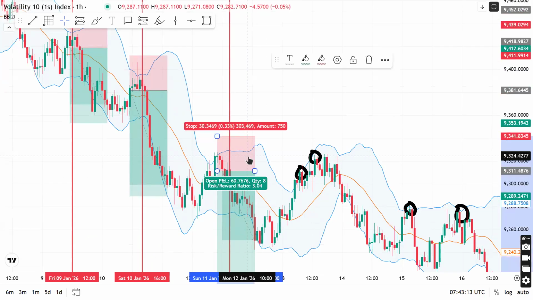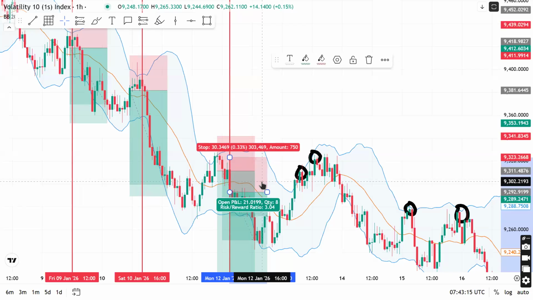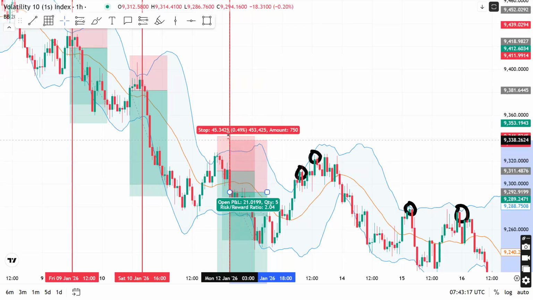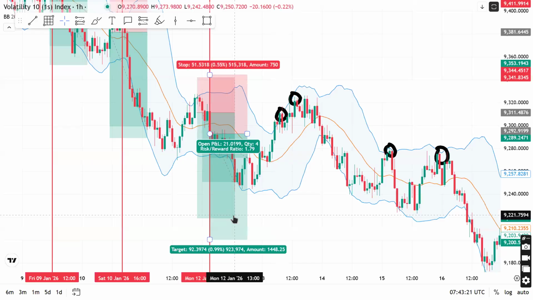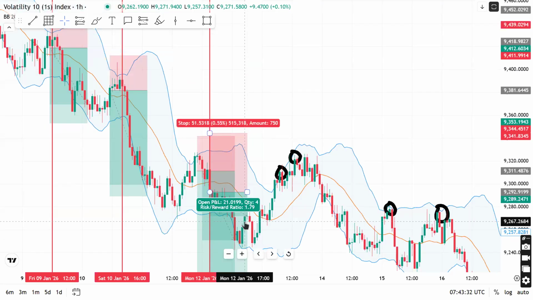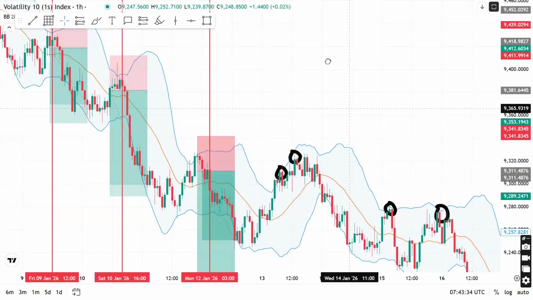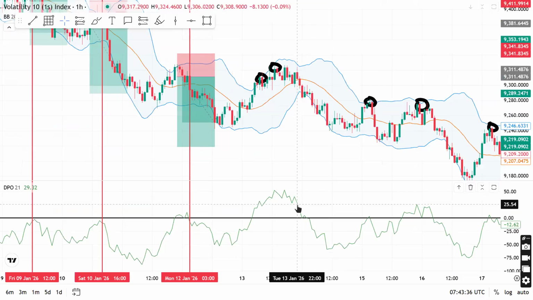Price has already moved, so your stop loss becomes a lot bigger, and trying to hit a 1:3 might become a little bit challenging at this point. So in cases like this, if you must take a reversal, it must not cross below the midpoint of the